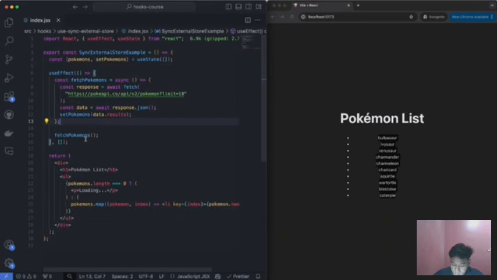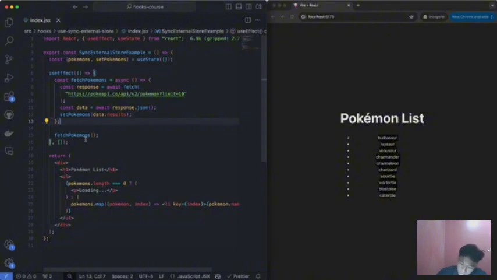Well, the useSyncExternalStore hook is designed to let components subscribe to external stores, like global state libraries or custom state managers, in a way that's very safe for concurrent rendering. This was introduced in React 18 to solve issues with concurrent rendering when you're dealing with situations like this. It ensures that your component stays in sync with whatever external state you need, and it avoids issues like tearing, which is basically when your rendering is